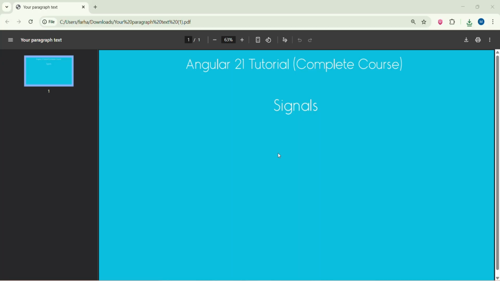In this video, we will discuss Angular signals, which were introduced in Angular 17. A signal is a reactive variable that automatically triggers change detection whenever its value changes, keeping the UI updated in real time. In Angular 21, applications are zoneless by default, meaning zone.js is no longer included. For context, zone.js is a library that traditionally handled change detection by detecting when variable values changed and updating the